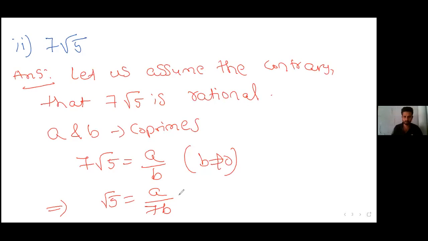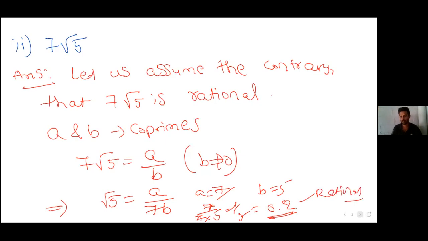Clear? But as these a and b are two co-primes, or any two integers, right? Whatever they may be, like as I gave the example 7 and 5, a is equal to 7, b is equal to 5. If I just substitute here, that is 7 into 7, 5, so that is 1 by 5, that you get as 0.2. So this is a rational number. Am I right?